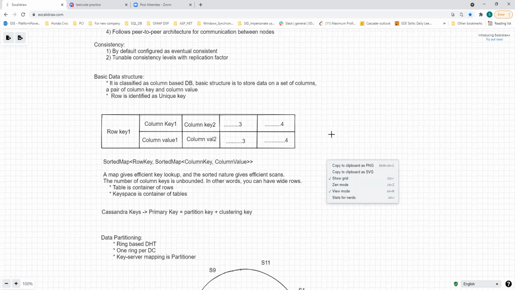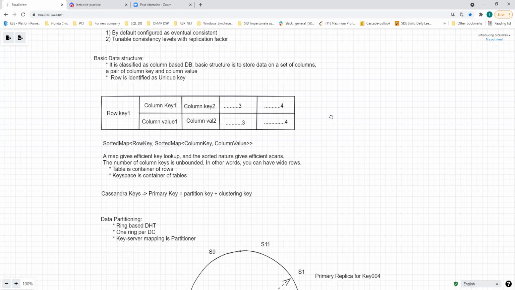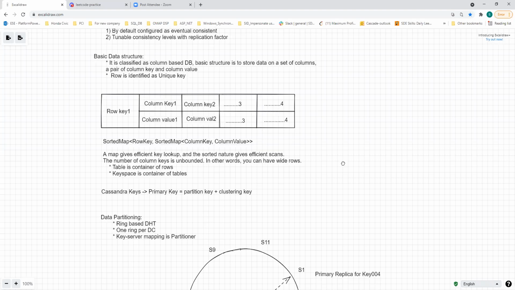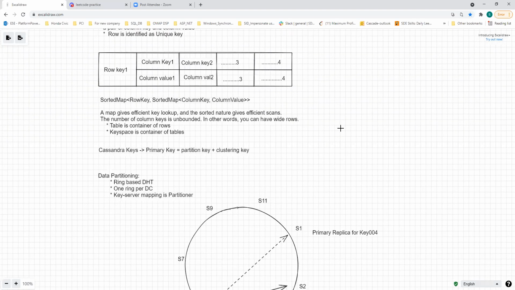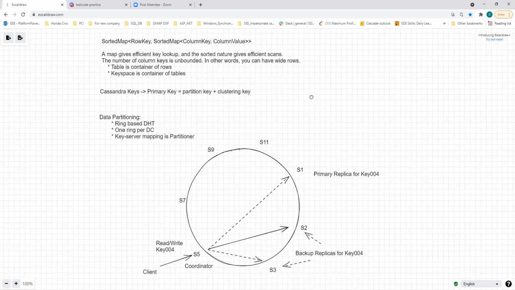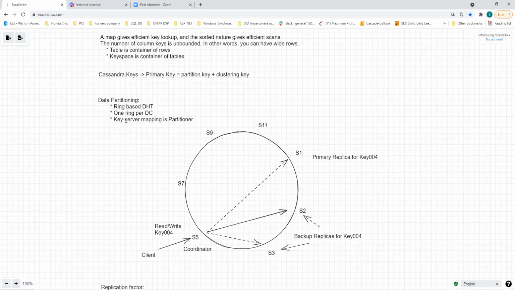So therefore, Cassandra is more of a wide column database, right? Yeah, so this is the way it is. Now, about the Cassandra keys, I think we discussed this. The primary key is made of two combinations: a partition key and a clustering key. The partition key decides how data will be stored across the nodes, and that is more for the partitioner. Now, if you look at the data partitioning here,